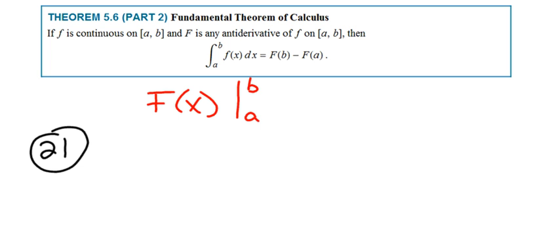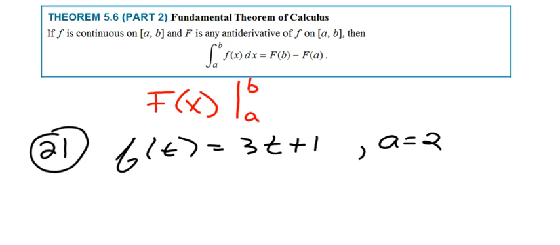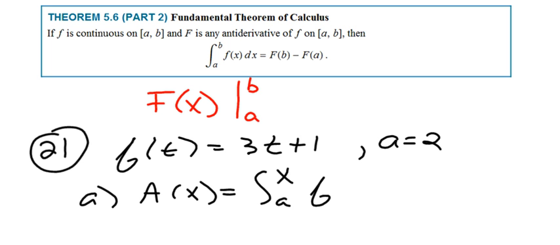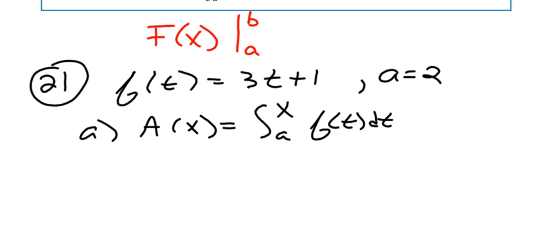Number 21, I'm given f of t equals 3t plus 1, and a is going to be equal to 2. We want to go ahead and find the area function from a to x of f of t dt. So what we're going to do is, using the second theorem of calculus, take the antiderivative of this, which should be,